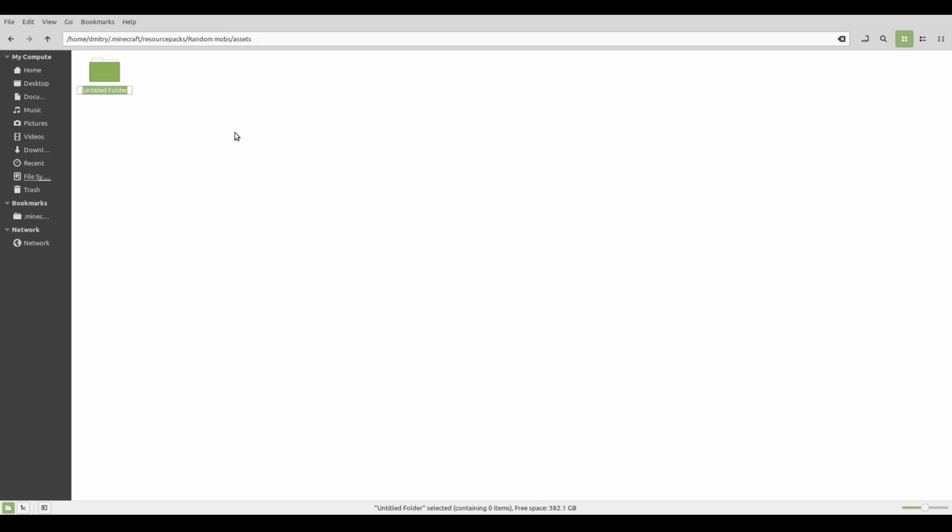In assets, you will have to create a folder called Minecraft. And then in the Minecraft folder, you will need to create another folder called Optifine. And then inside the Optifine folder, create a folder called Mob. This is going to be the folder that all of the textures and the code is going to be for